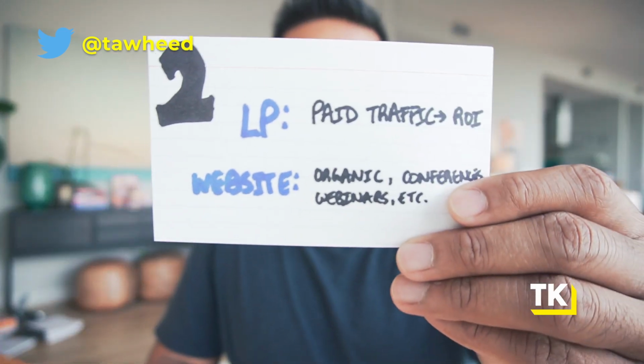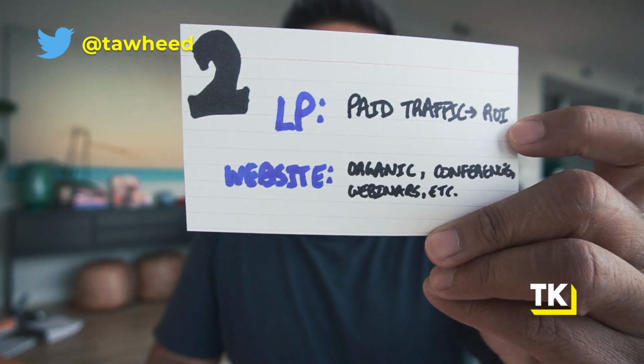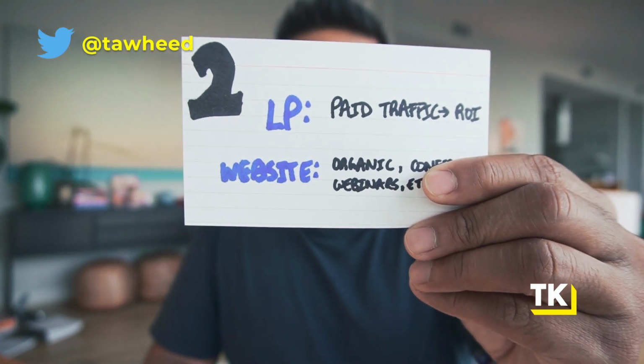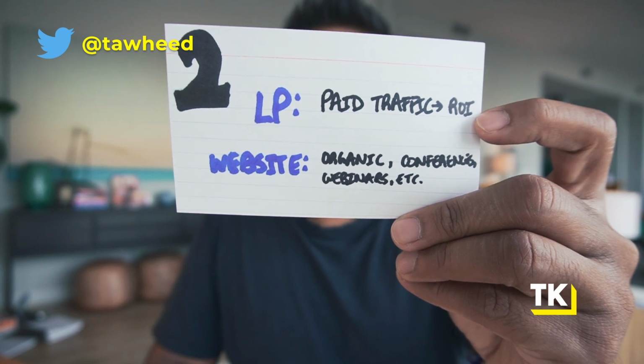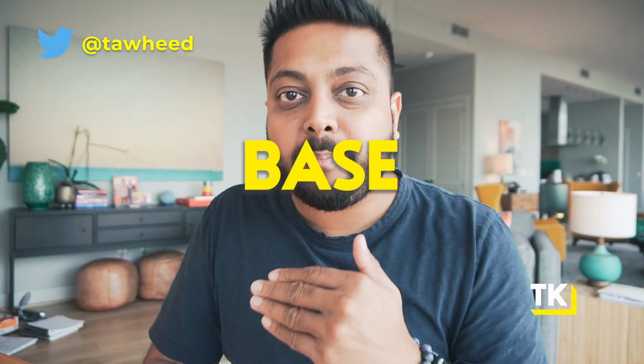So step number 2 is one thing you should be clear on is whenever you're doing anything related to paid traffic, where you need to have that return on investment. Let's just say you gave Mark Zuckerberg $5 to get a click, to get a visitor to your webpage. What you want to do is give them a landing page, because a landing page is hyper optimized to get some return on investment. And at that point, your base return on investment is a name and an email address. At best, it's an actual demo that you can book, or somewhere in the middle is a trial that they can start.